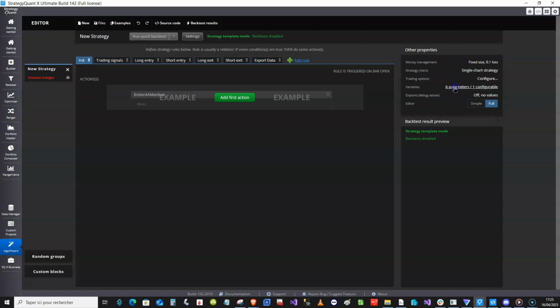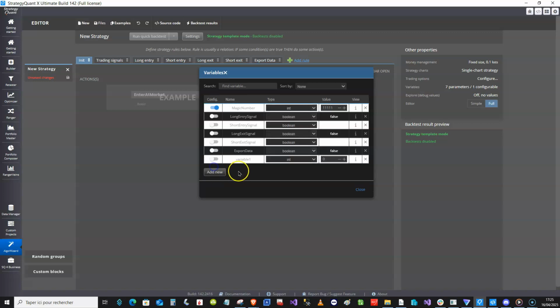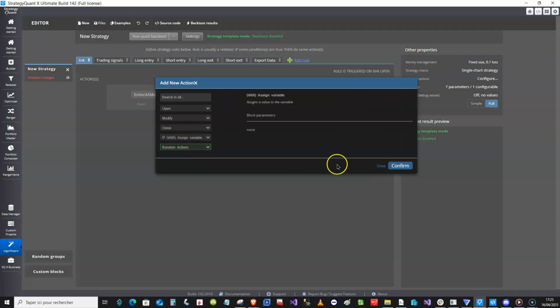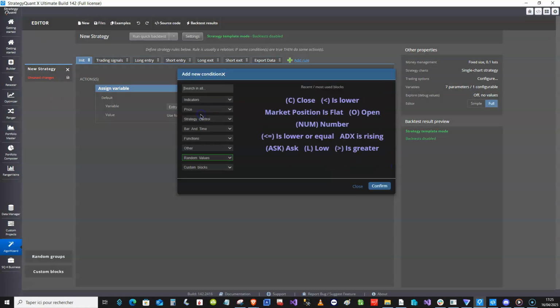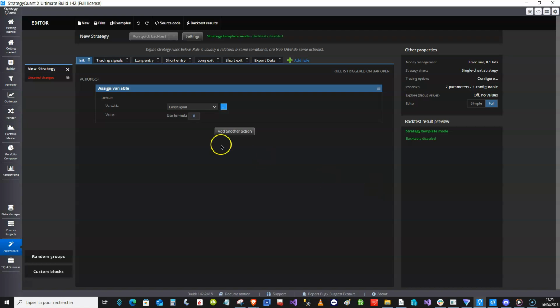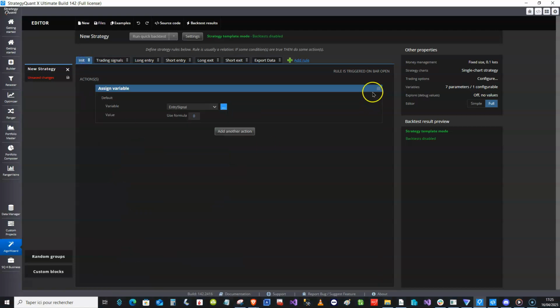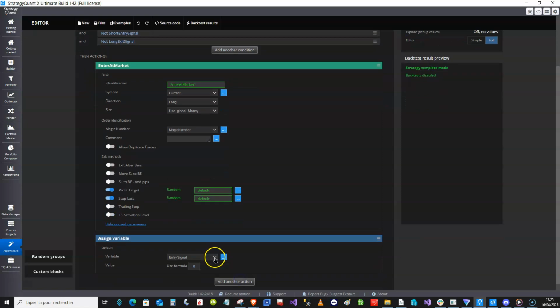We will add another variable, which is an entry signal, to know when is the entry signal. It's an int, an integer. Perfect. We will do an async. Initially, on the first rules, it will be null. Each time we have an entry, we will use this async. We will copy paste it here.